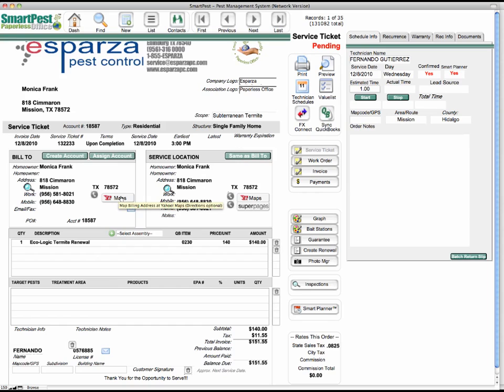We also have Skype and Yahoo Maps buttons, email buttons, the same print, preview, technician schedule, value list, FX Connect. We refer to the QuickBooks button in the QuickBooks tutorial. And then we have navigation to service tickets, work orders, invoices, and our payments, to graphs, bait stations, guarantee forms. We can use this button to create a renewal from this ticket, our photo manager, our inspection reports, Smart Planner,